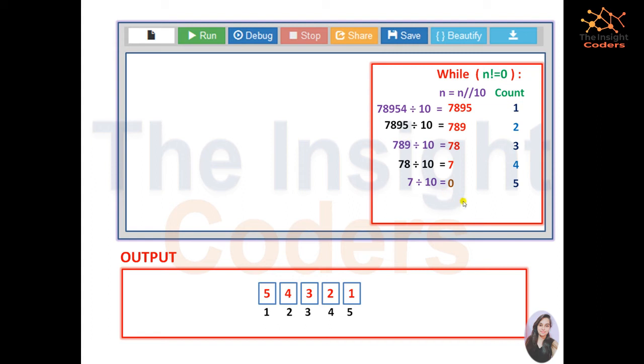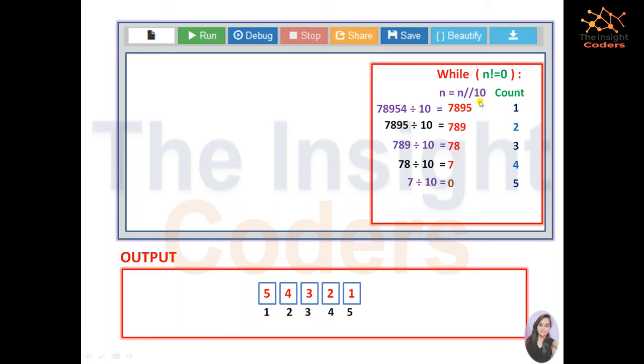the remainder. But here the quotient becomes 0. That means the value of n became 0. So this is the terminating condition, that till this number, when the n becomes 0, you have to run. So we have to repeat a particular task for a given condition, that is known as loop. So we use the loop until n is not equal to 0. The loop will execute. When the condition comes that n is equal to 0, this will terminate.